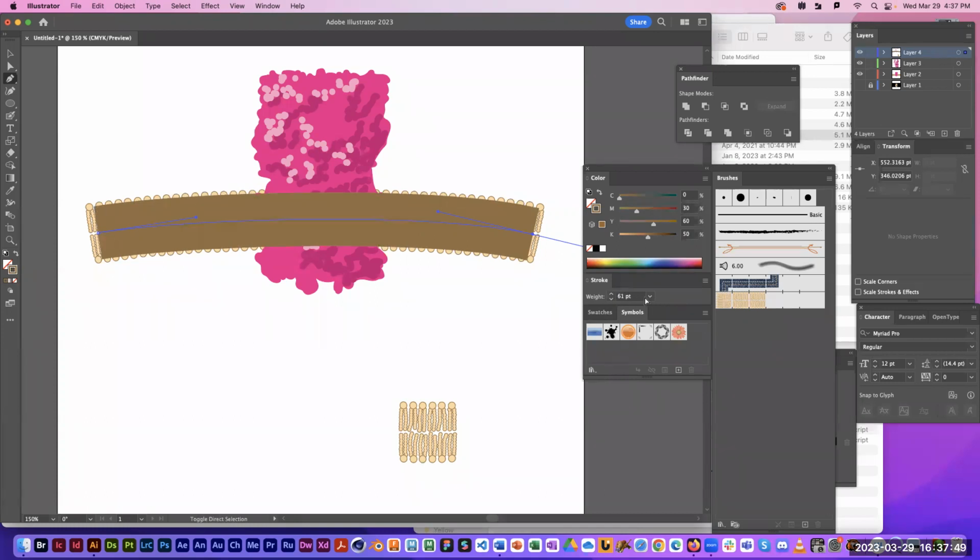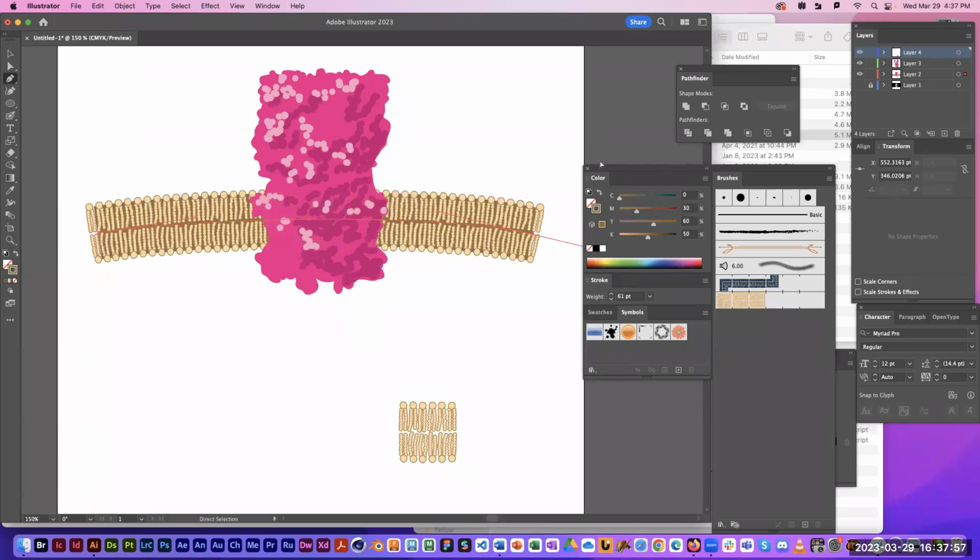And send that to the background. Oops. Helps if you put it on the right layer. So then that becomes almost like a shadow in the cutaway of the